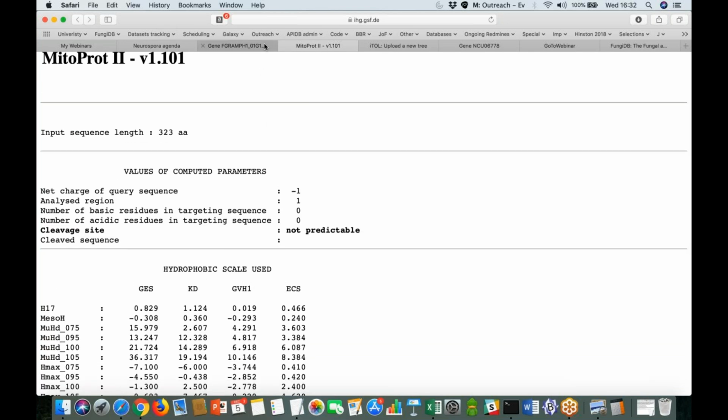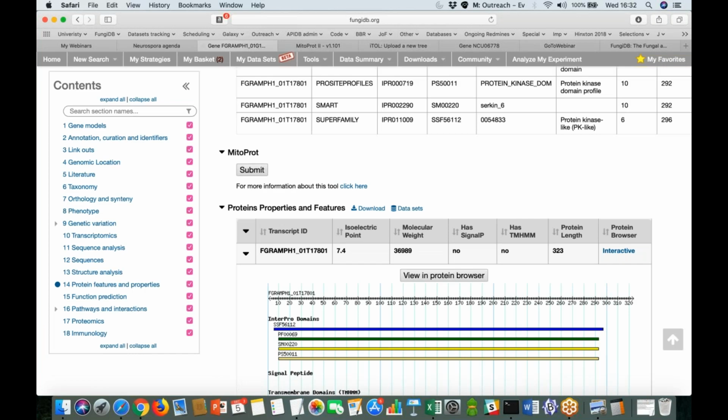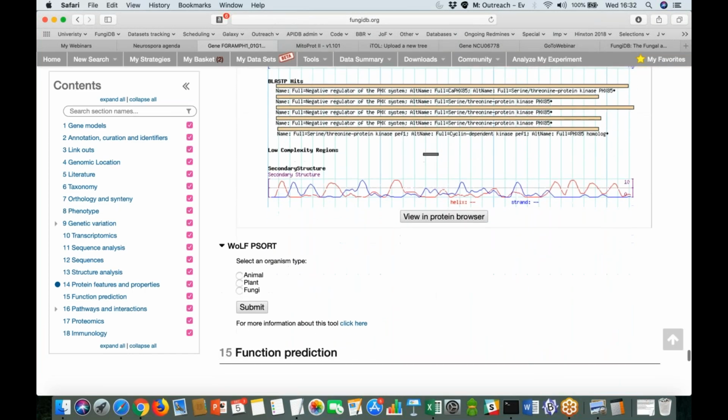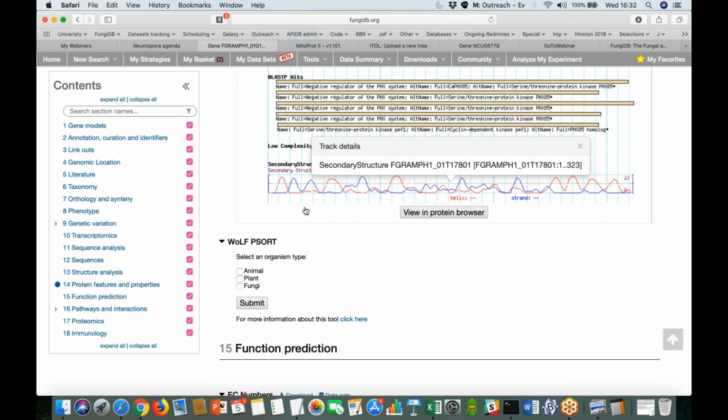So let's see. Another tool that I wanted to show you is WolfPSort. Just really quickly going back to the same gene record page and scrolling down a little bit more within the protein features and properties section. There's a WolfPSort analysis that helps to predict the subcellular localization sites of proteins based on their amino acid sequences. And you can use any of the 3 databases which WolfPSort is trained on to look for various